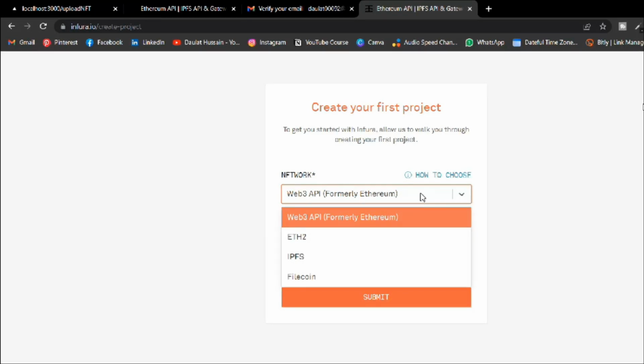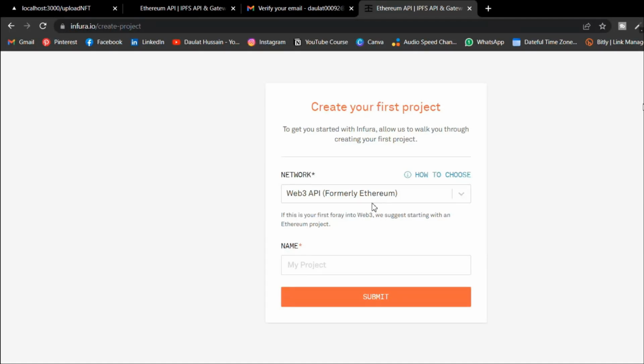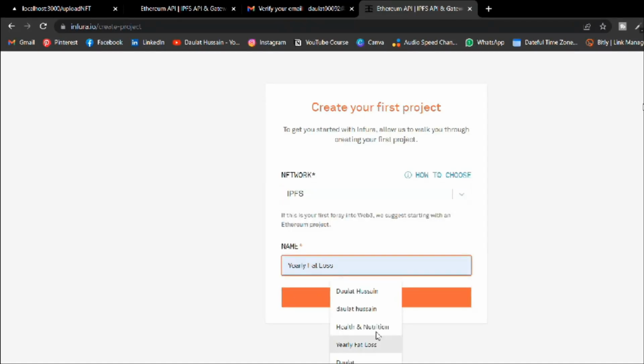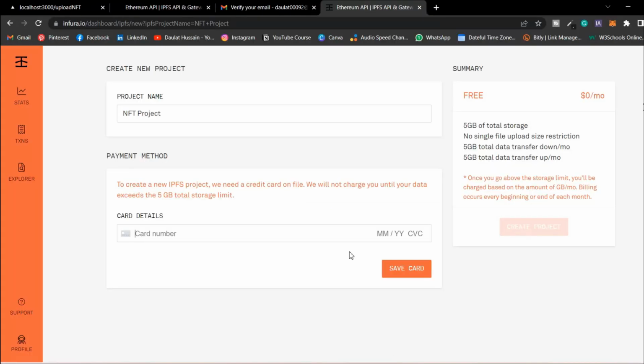So what do you want? I want to create a project to, let's say, you can give a name. So I'm going to choose the Ipfs, and here you can give the name of your project. So let's give the name NFT project. Click submit. So here we are back into the Infura, and to get that project ID and secret key, you